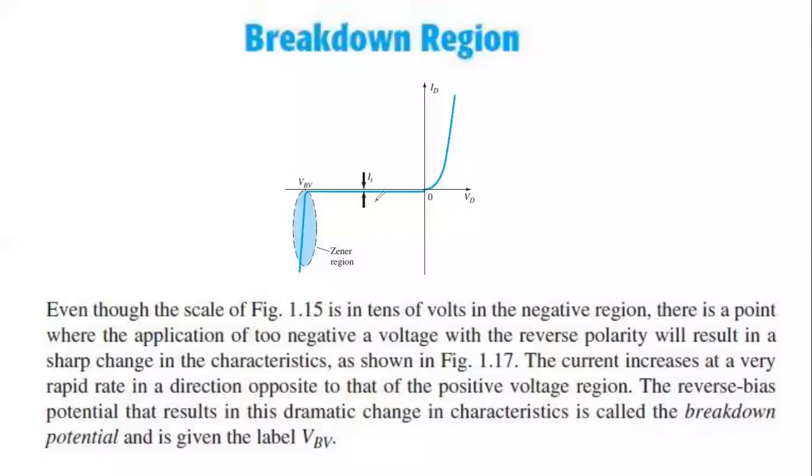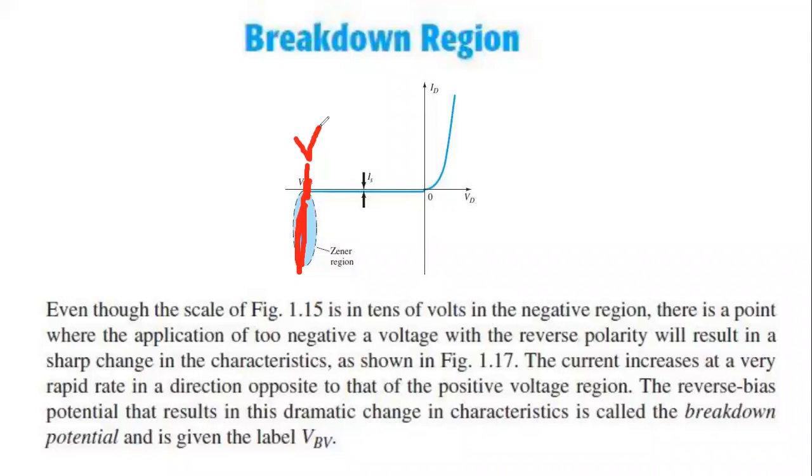You see that there is a point, and after this point in the reverse bias condition, there is a sharp rise of current. So this point is basically known as the breakdown point, the knee point. And this voltage is known as the breakdown potential or the breakdown voltage, because it changes the